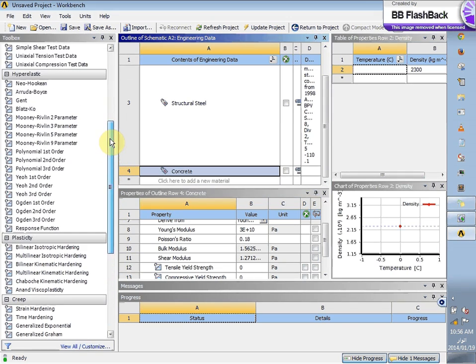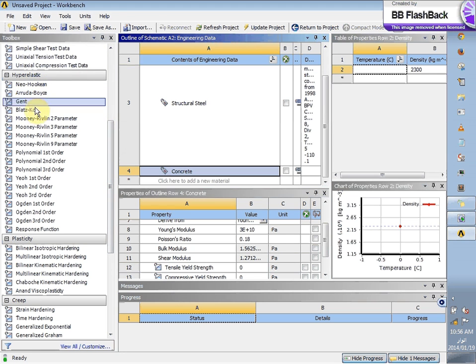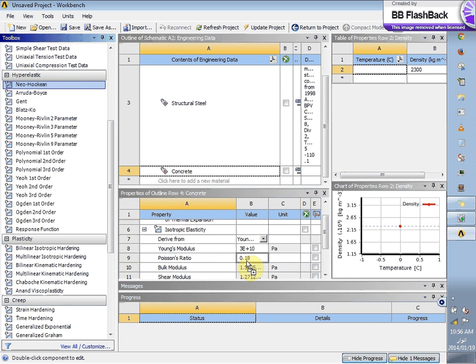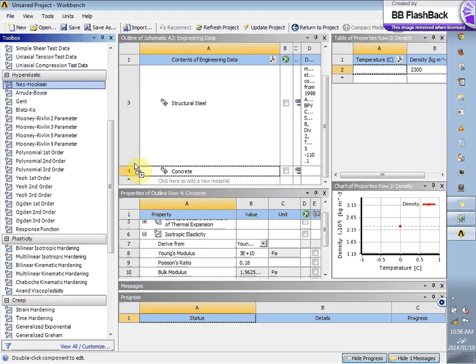Which one is for hyperelastic? So we have so many hyperelastic models. There are so many scientists who have given different ideas of dealing with foam behaviors. Whichever you understand or think is rightly applicable, you can just simply click it. For example, Neo-Hookean, we can click it, drag it and drop it here. I'm not dropping it here now, but you can drop it here, and then that property will be added